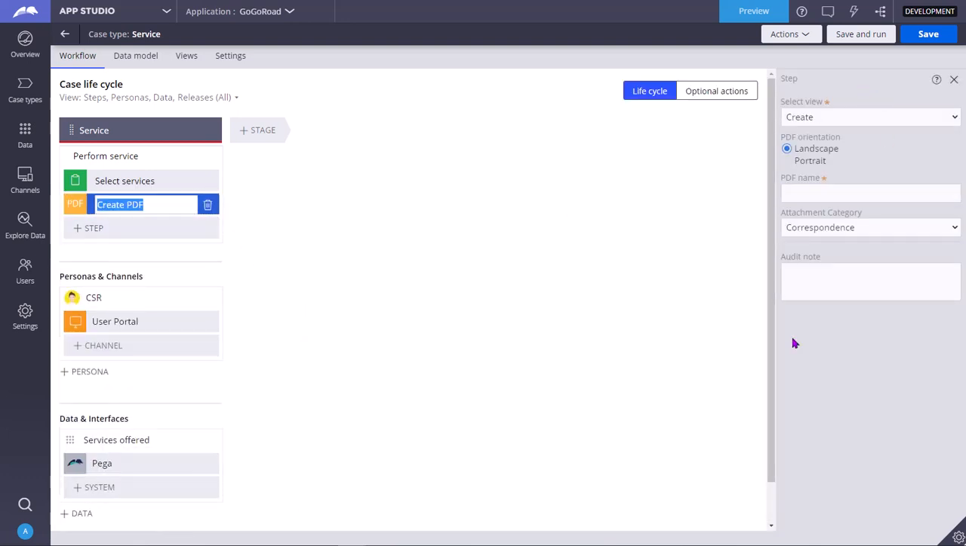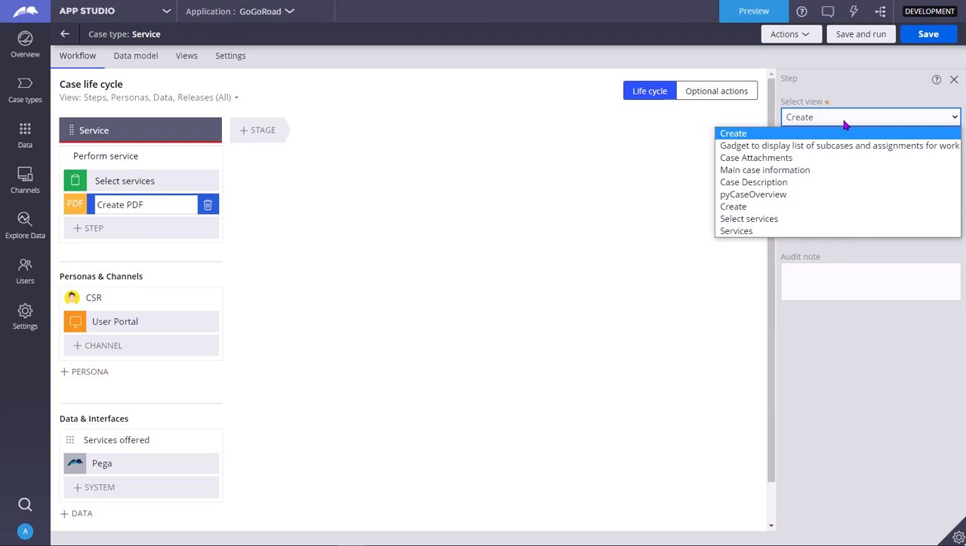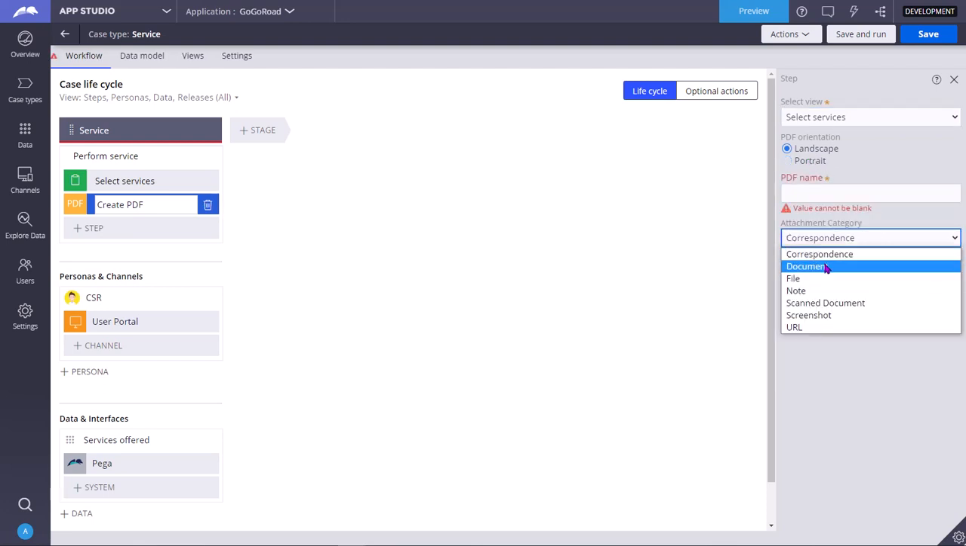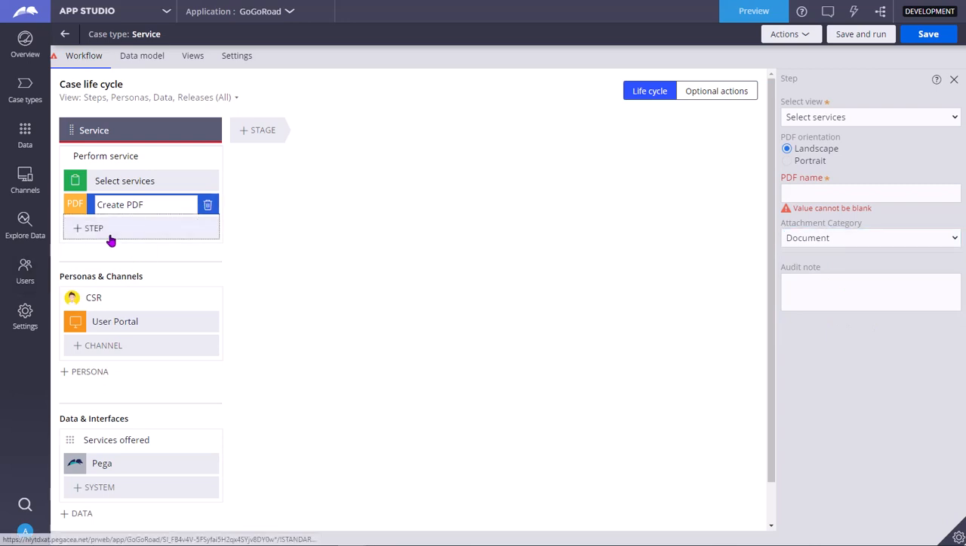So to the right side, you need to give some inputs. Which view or which section do you want to show in that PDF? Say I want to show the select services PDF. What is the orientation? Even if you are printing a PDF, you need to select orientation, right? You want to print it in landscape or portrait. So you can give some name, you can give the category. Also, there are other